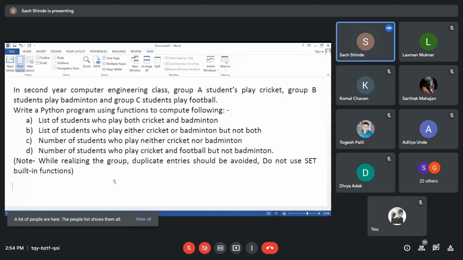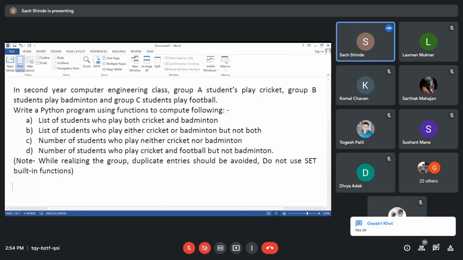Now let us discuss some facts. Just see whether we are able to get responses from the participants. Put some message in the chat box if you are able to view the screen.